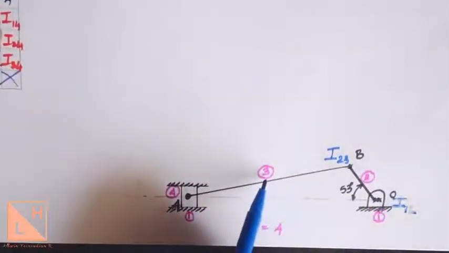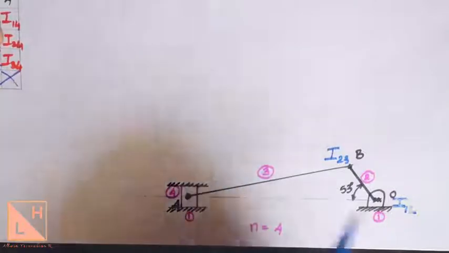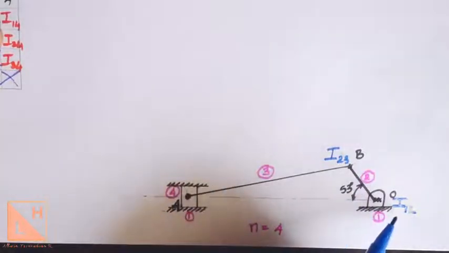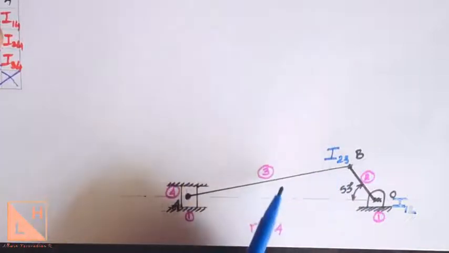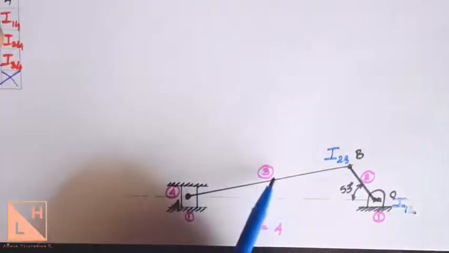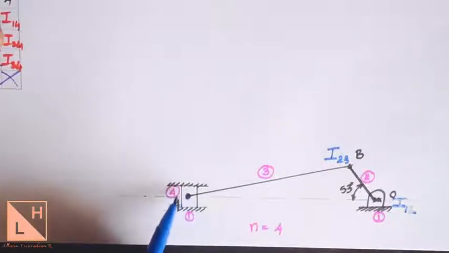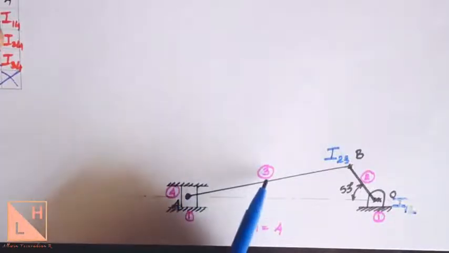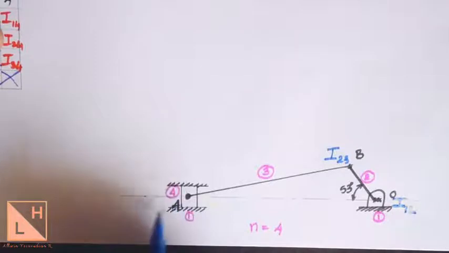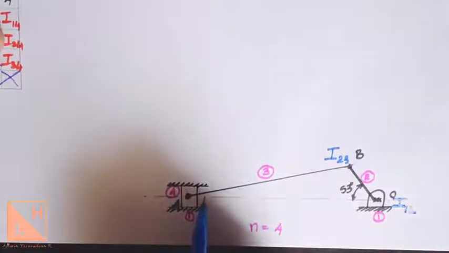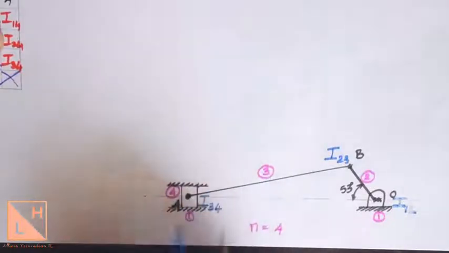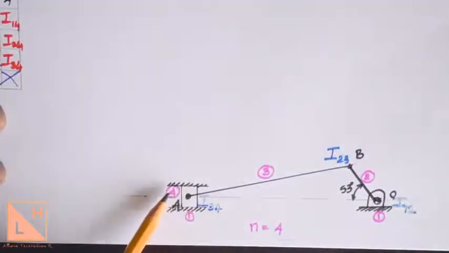Now relating the motion of link number 3 to 4, just come in a cycle. We started from 1 to 2 motion, we found I12. Next we checked 2 to 3, we got I23. Now we are checking link 3 to link number 4. Now link 3 is connected to link 4 at this particular point. Link number 3 transmits the motions to link number 4. So this point is where they are connected together. This is going to form the instantaneous center I34. Why is it I34? Because this movement of link number 4 is with respect to link number 3. So now the motion is going to be transferred from link number 4 to 1.